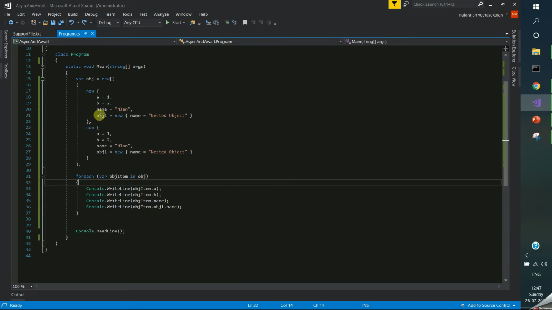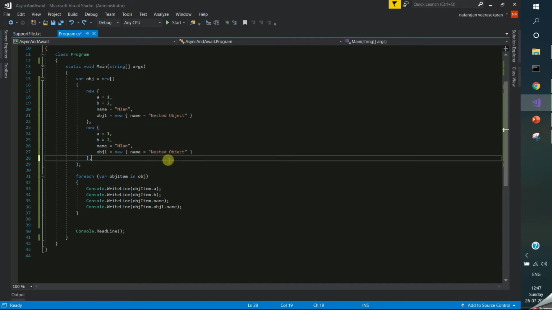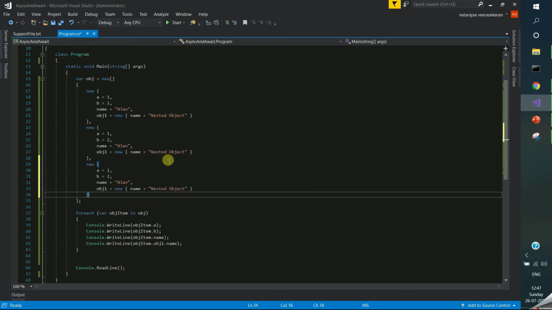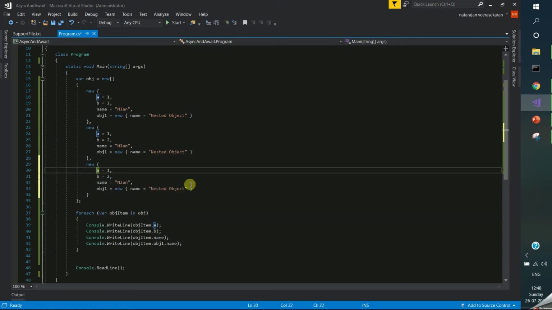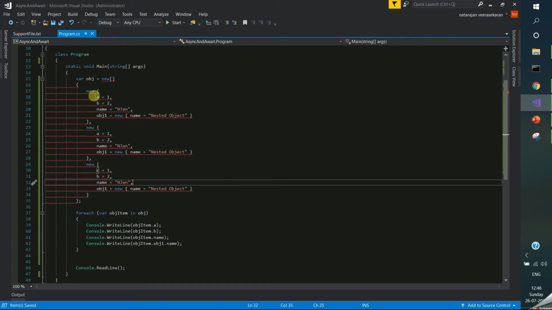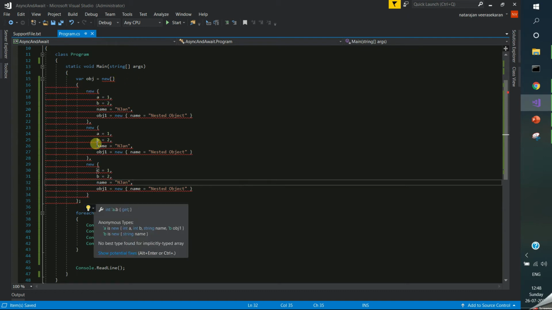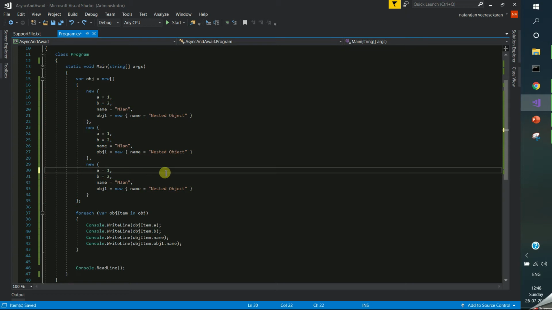Okay, I am getting confused. Maybe you also will. For example, this is an anonymous type, so I am adding one more type. Let me change some variable name to C. See here, I am getting an error because the anonymous array type should have all the anonymous types with the same name in the same type.